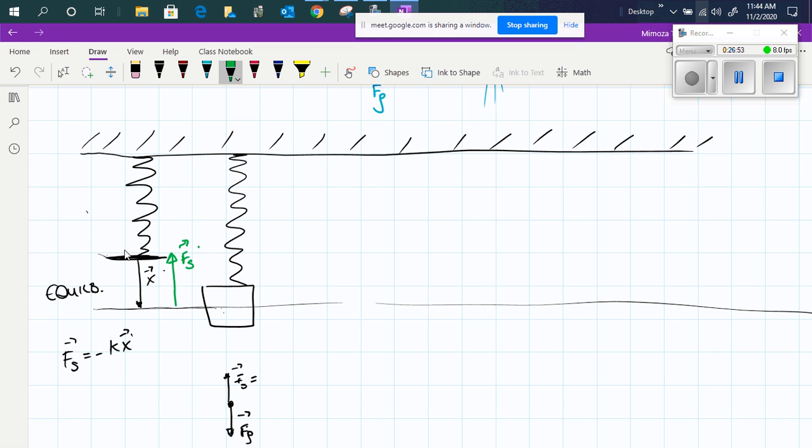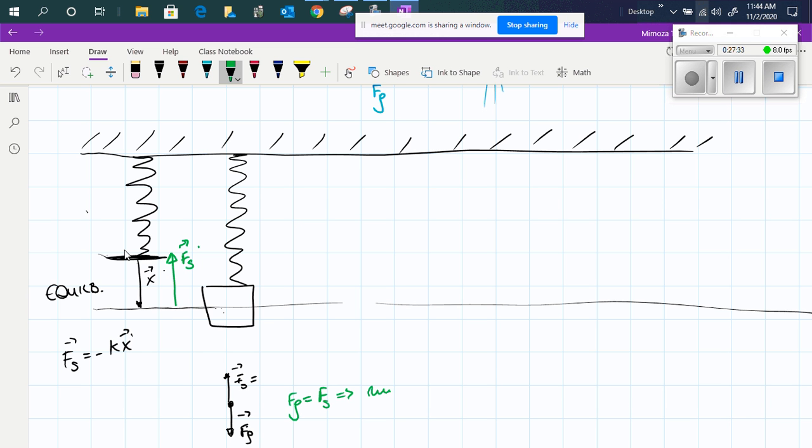That means that if you are expanding, the spring itself will exert a force to compress. And if you are compressing, then the spring will exert a force to extend. The force of the spring is always in the opposite direction to what you are doing to the spring. If you are compressing, it will expand. If you are expanding, it will have the tendency to compress. So in this case, what you have is force of gravity equal to force of the spring,